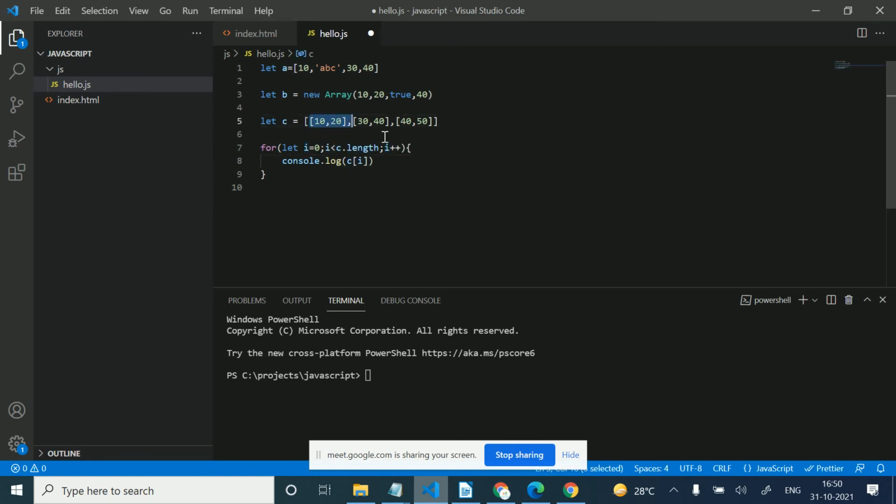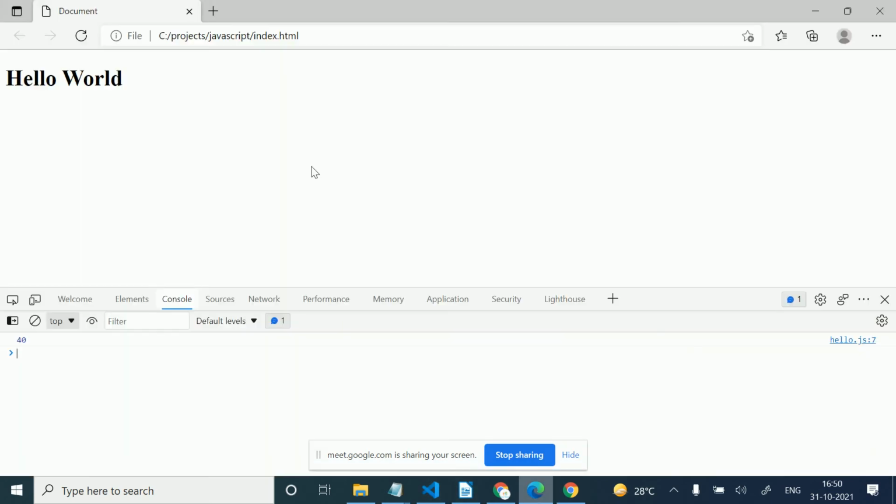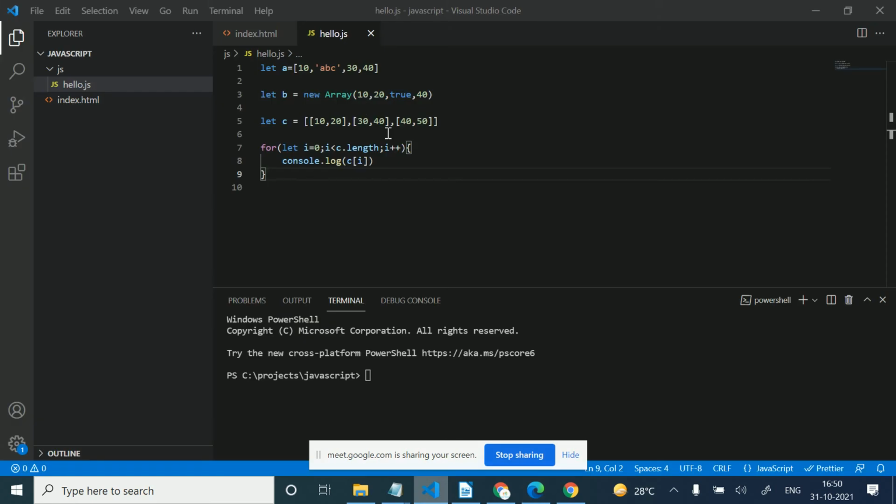If i is 1, we get 30 40. If i is 2, we get 40 50. Let's run it. Now you can see we are getting all the sub arrays in this multi-dimensional array. So now we can iterate in this way.